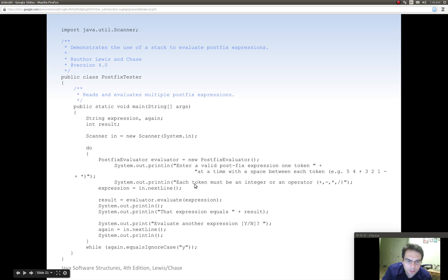Then we say each token must be an integer or an operator, and we list the operators. So that's just nice of us to tell them what valid input is. We use the scanner in to read the entire line of text written by the user. And then we use our evaluator to evaluate that string, that postfix expression, to get our result, which is an integer. We print a blank line, we say that expression equals, and whatever the result is,